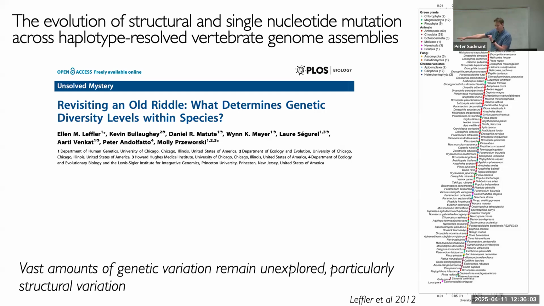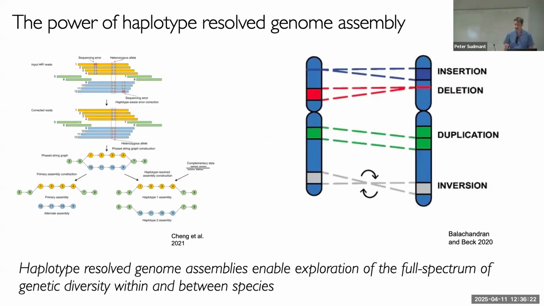This is not that long ago. In 2012, we still didn't really know a ton about the breadth of diversity of organisms on this planet. What's more, even till pretty much now, we have no idea how this SNP diversity scales with structural diversity. But for the first time, we can look at this and explore it.